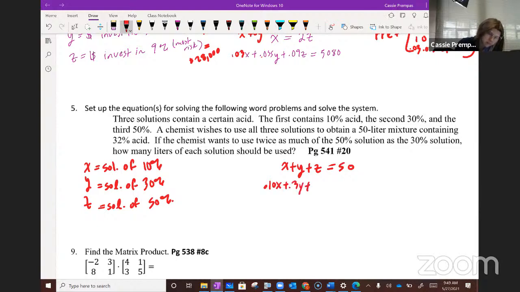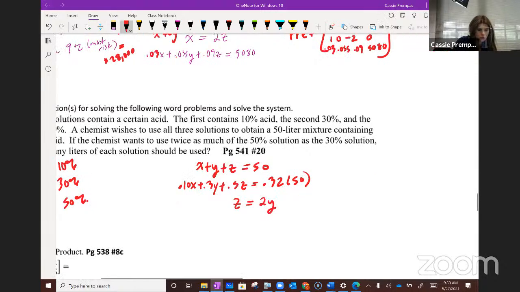Currently, 5 solutions with certain as the first and 15 times second. No, wait, I'm sorry, the third one is, oh yeah, 50%, not 30. And then you would do 0.1x plus 0.3y plus 0.5, 0.1x plus 0.02y